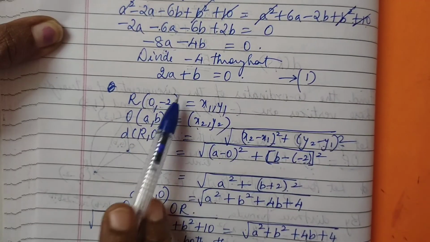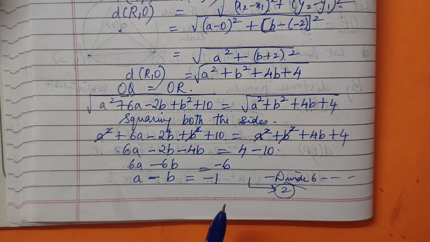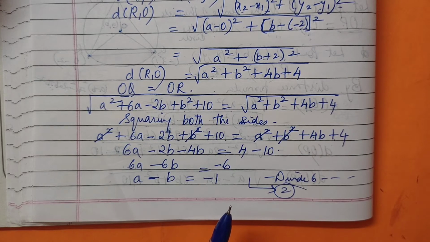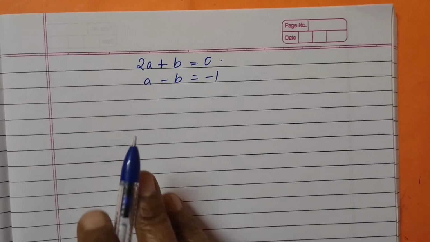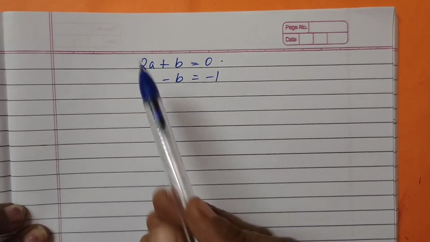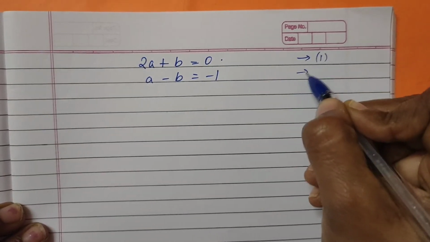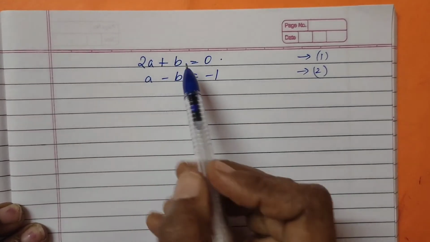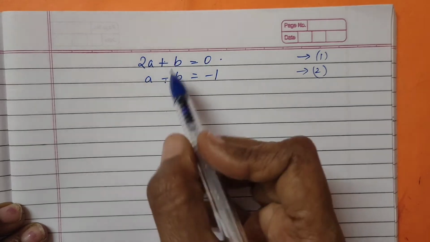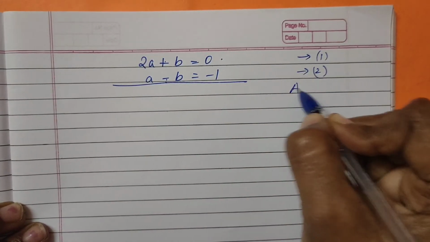See my dear, we got the first equation and the second equation. Now using these two equations, we will solve simultaneously to find the value of a and b. Now we have the two equations which I have written at the back, and I have copied them again here. So can we solve simultaneously? Here this was the first equation and this is the second equation. Now see, you have an addition and a subtraction, so we can add these two equations. So we are adding 1 and 2 here.